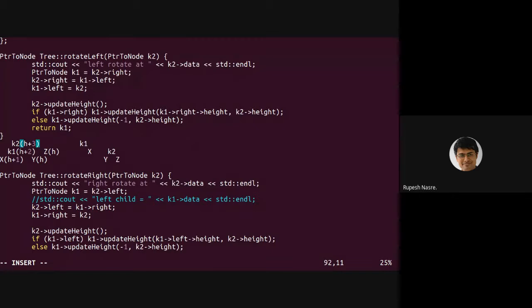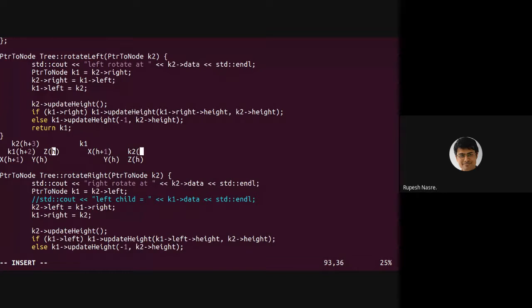The left subtree is at height h plus 2, the right subtree is at height h, and therefore there is a difference of 2, and therefore there is imbalance. What we are saying, because of the way we are doing the insertions, is that X doesn't change, and therefore it continues to remain at height h plus 1. Y doesn't change, so it remains at height h. Z doesn't change, and it remains at height h. What is the height at K2?